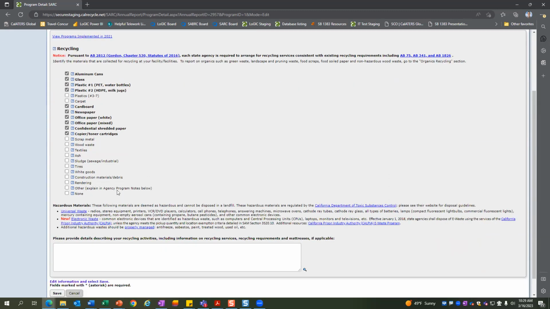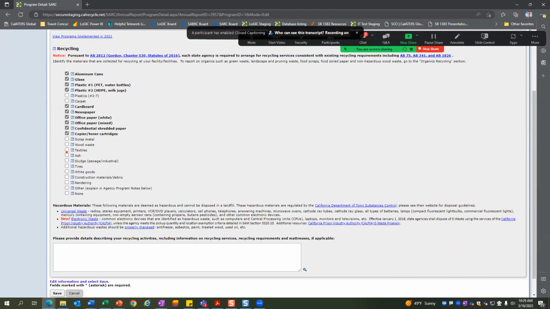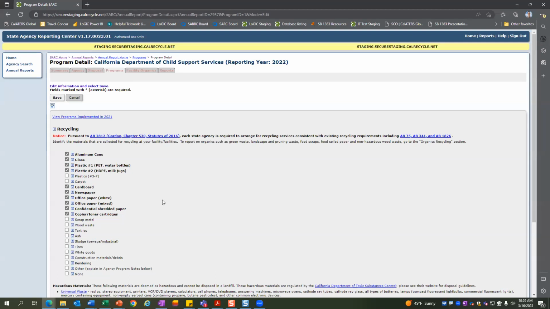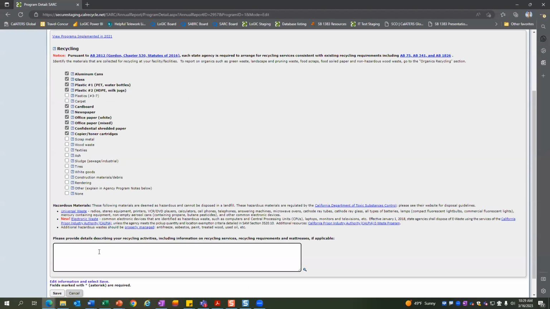And then the other minor tweak we made, for those of you that report on mattresses, right about here somewhere, used to be an option to select mattresses recycled and enter that number. So we removed it from here and put all of that in that front agency section. And then down here, provide an explanation of either difficulties or changes if you're not recycling as much from the previous year because your hauler doesn't accept them.